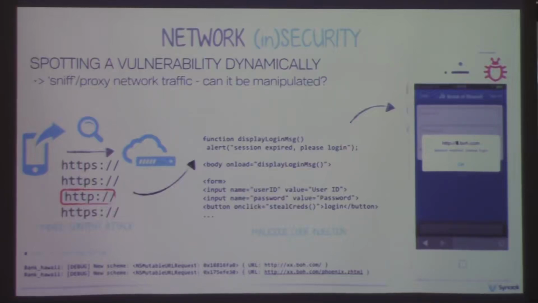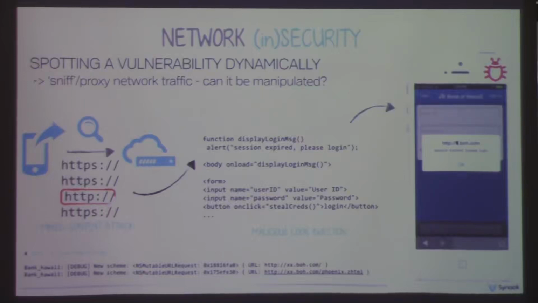So if you're an attacker on a local network, sitting at Starbucks and someone's checking their bank, you can see that request go by, and since that component is not protected by SSL, you can manipulate it with consequences. That's exactly what I did. I injected some JavaScript into it, a malicious pop-up that says, hey, your session has expired, and then I inject a malicious login prompt. The user would think, oh, my session has expired. Click OK, put in their password, click login, and then that information goes to me as the attacker